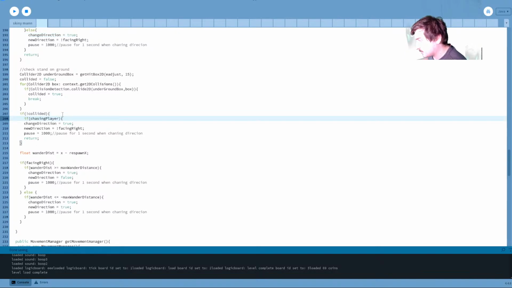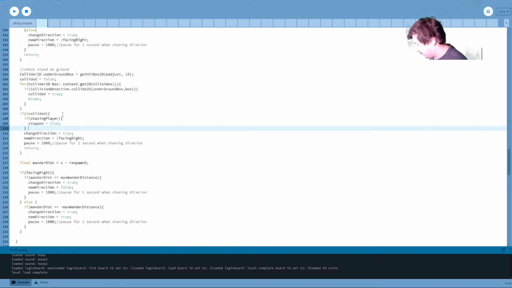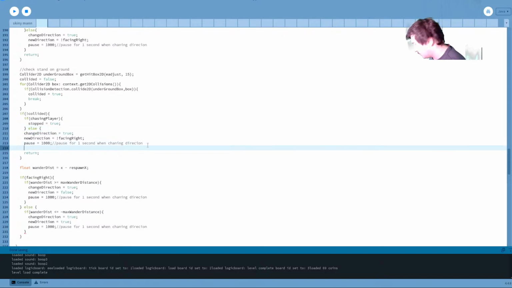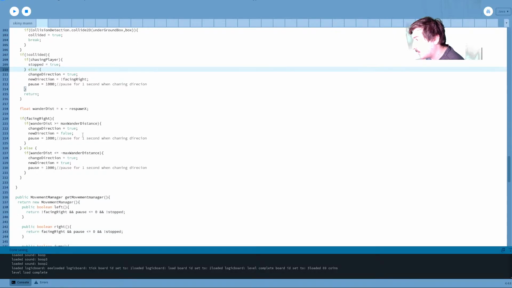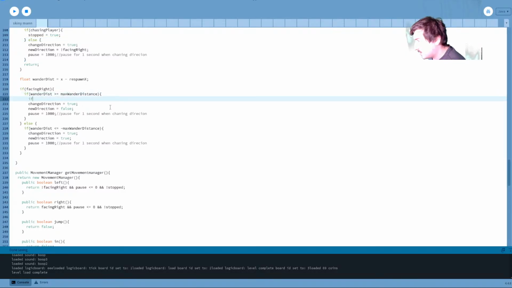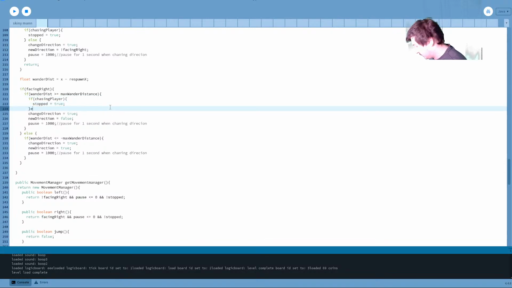So if we're chasing the player, then we're just going to stop. Else, we're going to turn around if we hit the edge. And then that's same for down here. So if that's that, then if we're chasing the player, then stop equals true.